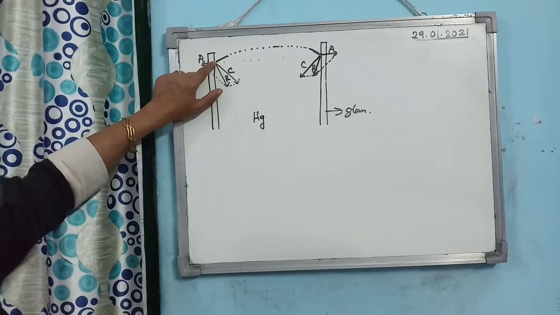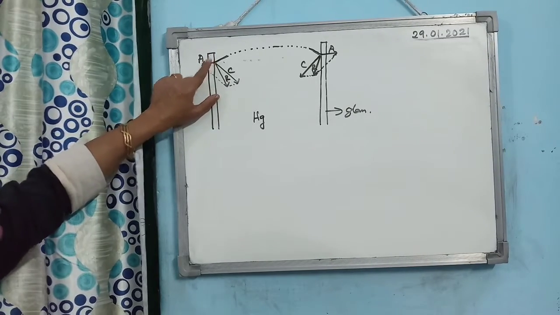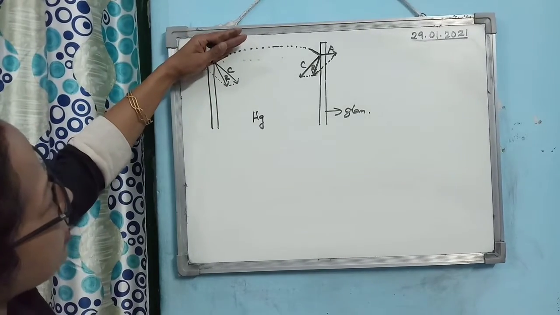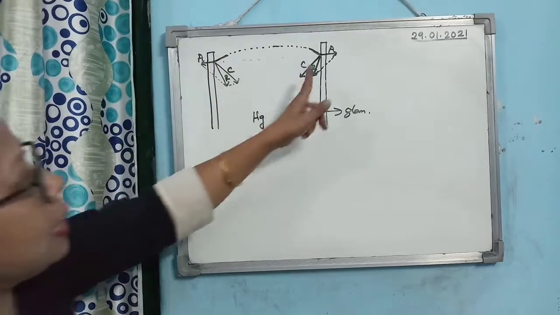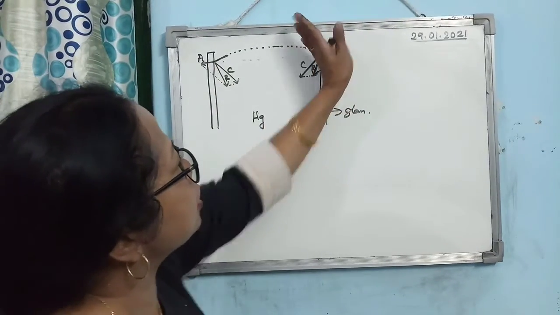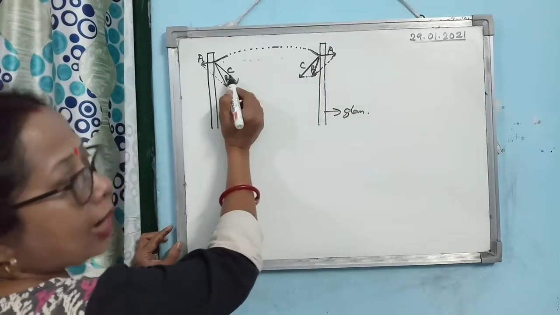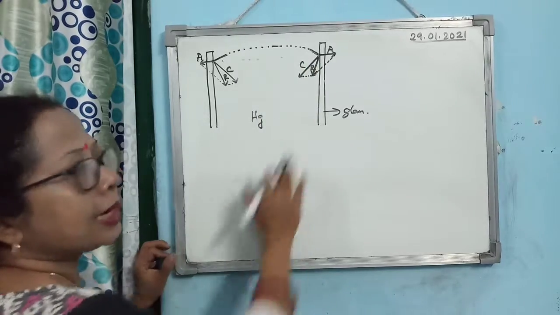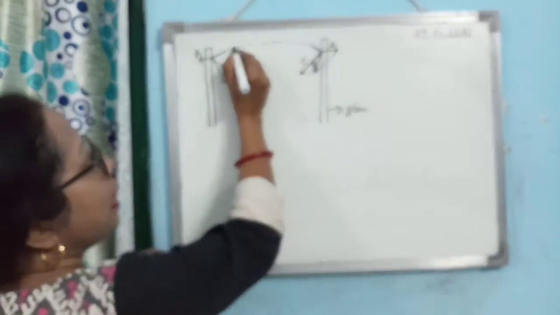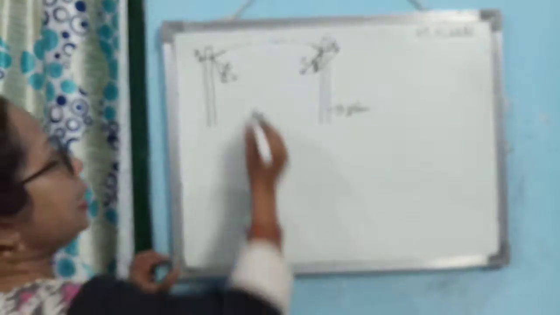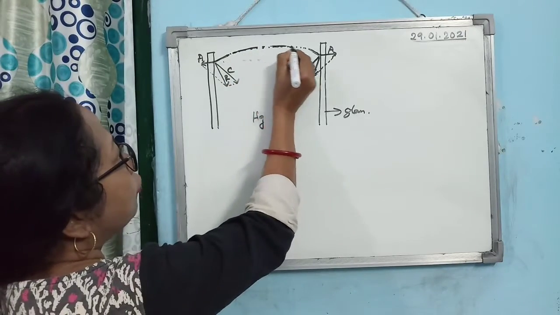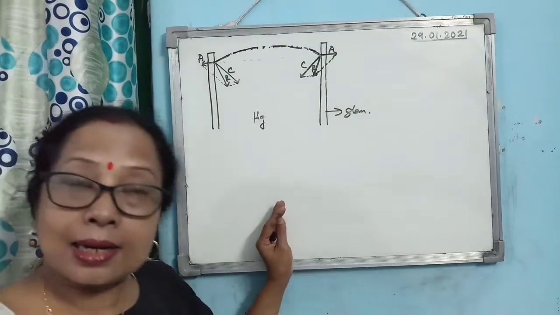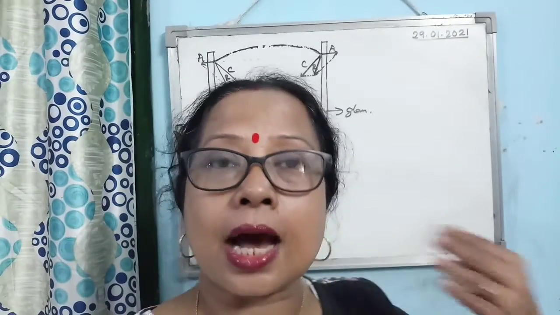So what will the free surface do? The free surface will set itself perpendicular to R. So you see at this point the surface is perpendicular to R. Similarly at this point also the free surface will set itself perpendicular to R. But what about in between, in this region? The mercury molecules are not touching the glass molecules, so they will remain in their own position. So you see what is the shape of the meniscus of mercury taken in a glass tube. It is convex upward.